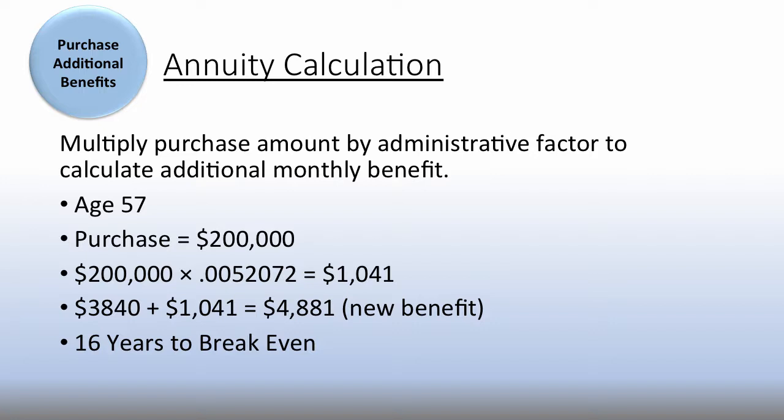Now in this case, I know that for an age 57 retiree, and again, one of the important points I overlooked, you can only do this at the time of retirement. You get one shot at doing this. You can't do it before, you can't do it after. You have to do it at the time you're filing for your retirement. So you have to do all your decision making before you get to the point where you're filing your retirement application, because that's your one shot to do it. If you get a year into retirement and say, Matt, now I want to put that money in, you can't do it.